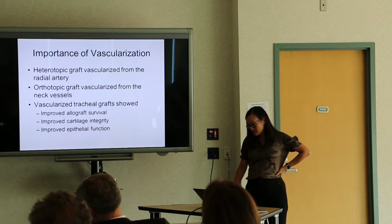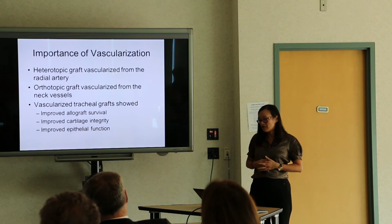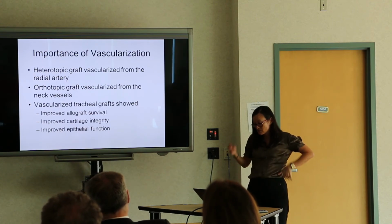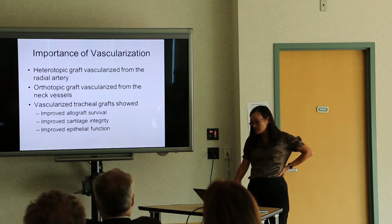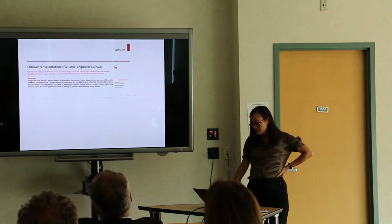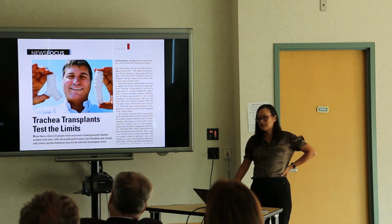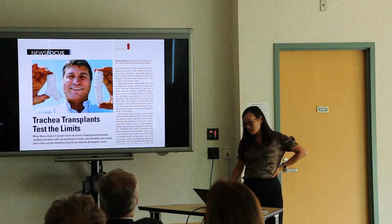So the other obvious requirement is that it has to be a vascularized graft because cartilage will die very quickly, and so whether you do the host's own bioreactor or you have a bioreactor that is ex vivo, the ability to deliver sufficient vascularization or nutrients to the cartilage are significant limitations. And there are people out there doing all sorts of airway transplants in the rogue manner and not using protocols